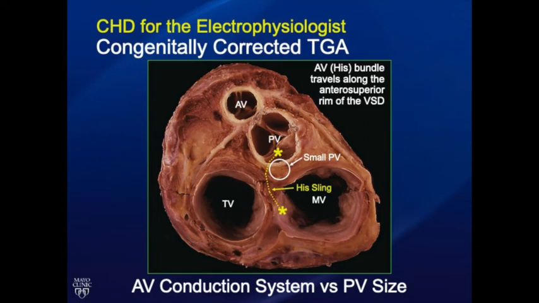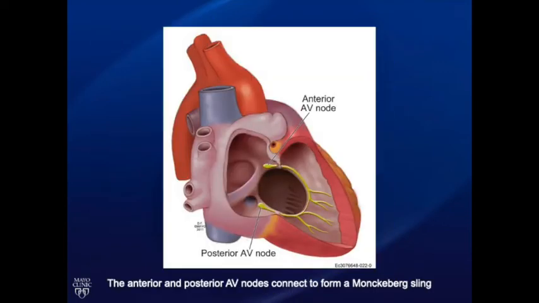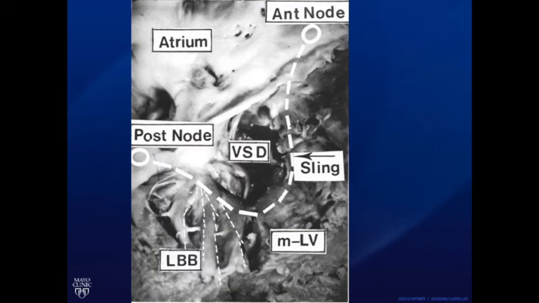If there isn't any, the sling is in the plane of the annulus. But as we get further and it's a larger VSD that's present, then there's separation of the sling-like penetrating bundle tissue that can produce ventricular elements in this continuity, so-called Monckeberg sling. Now notice that components of this conduction tissue will be both above and below, superior and inferior to the ventricular